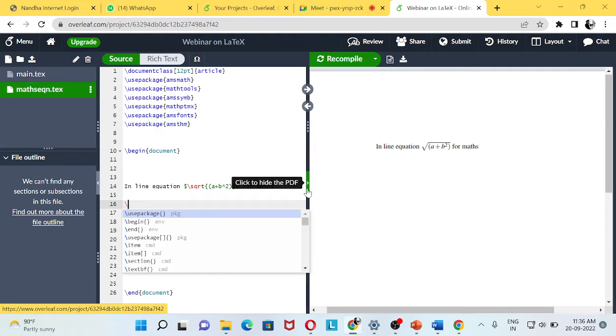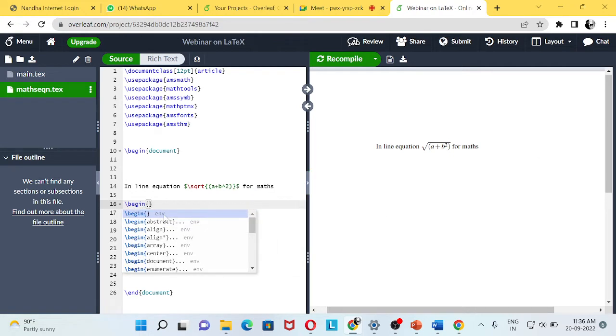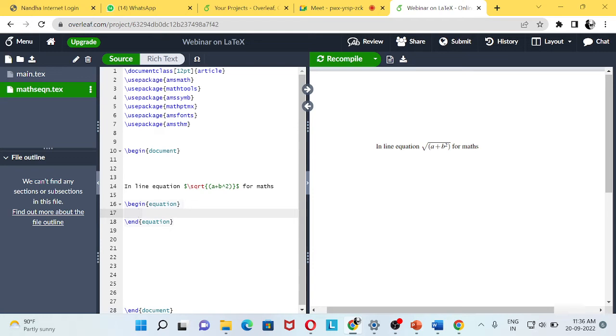So for that, let me begin with equation. So begin equation. So you might have wondered why the star is over here, because the star gives you no equation number. Like in the section, with the star there is no number for the section. Here also with the star there is no number for the equation. So let me put begin and equation. So I'll use a simple equation, okay, for understanding. So let us put a square plus b square